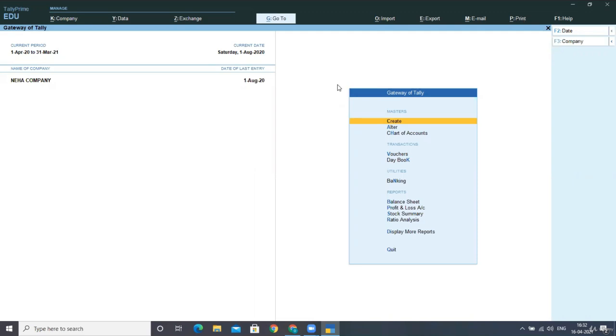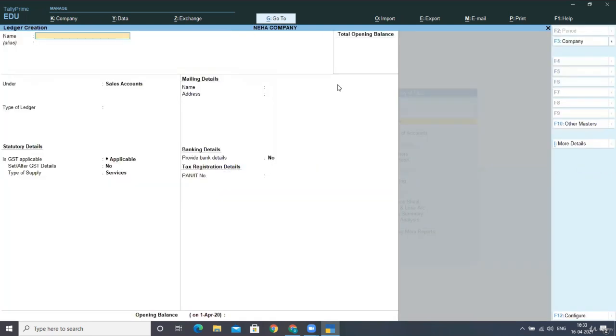Now here we look at how, if any item is taxable and we make a sale to a person who is outside India, it will be exempted from tax. In this lecture we'll see how it affects our GST reports and how we can post entries of those types. First of all, we'll create a ledger of sales export